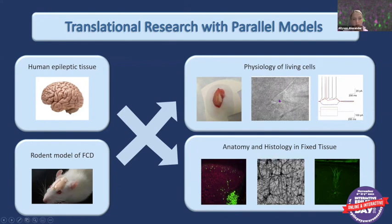So we can keep the brain slices alive for about 12 to 16 hours after surgery, and do a variety of experiments on the cell to see how they are responding to the experiments that we do. We also do what we call an